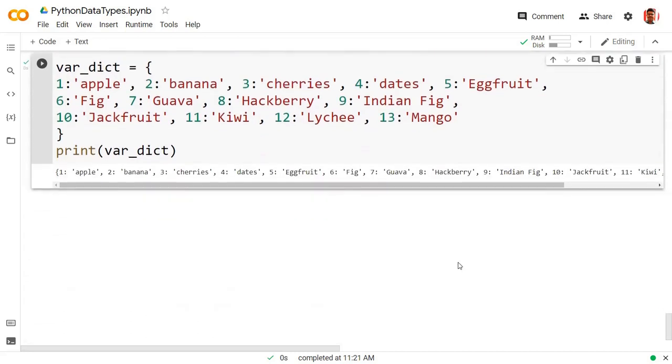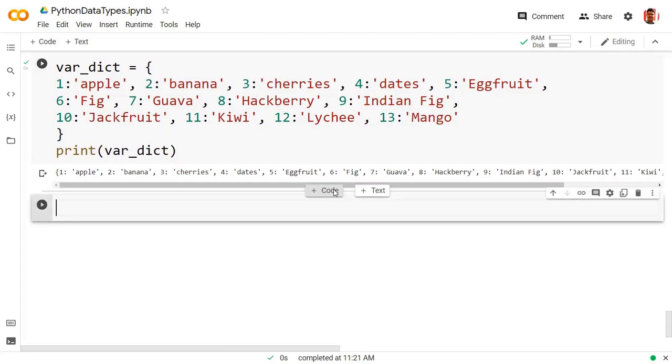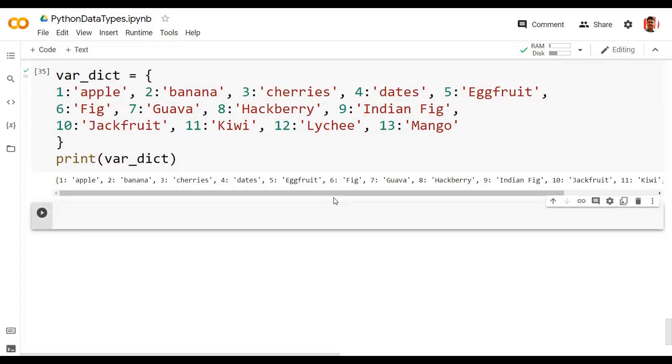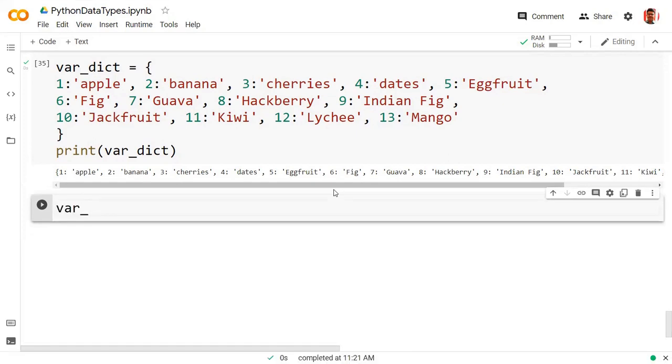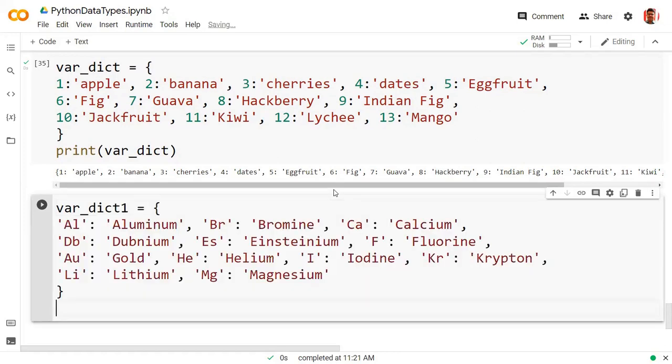So if I want to take a dictionary of dictionary, or suppose I am taking another example, that is dict1, and this is my dictionary. Okay, and I am printing it.